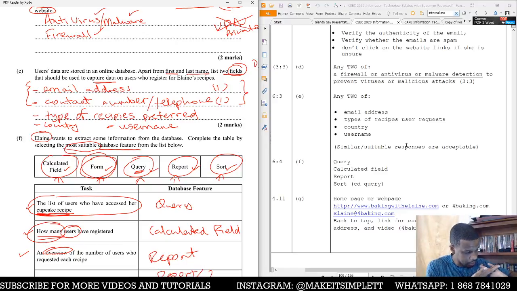What was I saying now? Yeah, right. So you see this part where it says similar or suitable responses are acceptable. That means that they are going to look at your answer and see if it makes sense. So we have contact number, it will be telephone. They will accept that because it's a suitable or acceptable